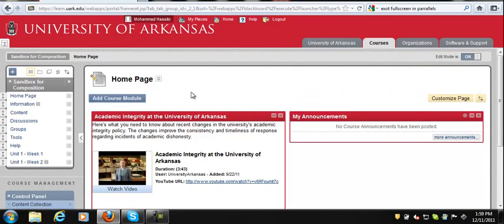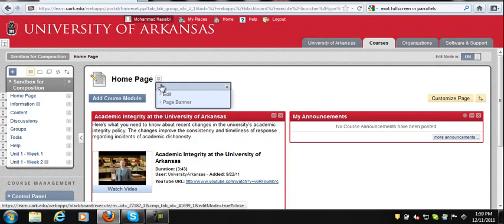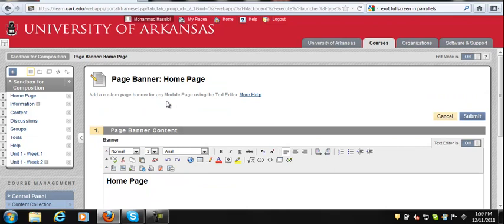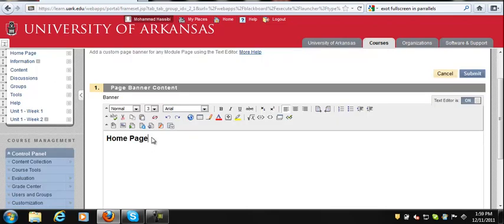Okay, now what I want to do is add a banner similar to the one I have in the Age of Revolutions course. So what I do, I click on that down pointing arrow right there, the drop down box, I choose page banner. Okay, and I want to get rid of the home page right there. I just want to add an image